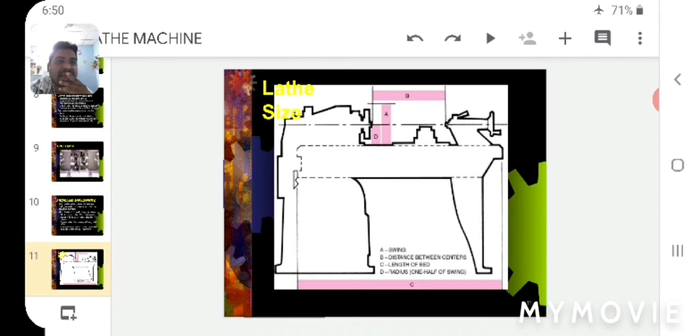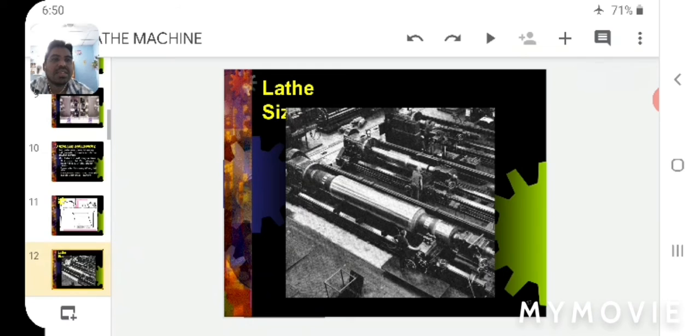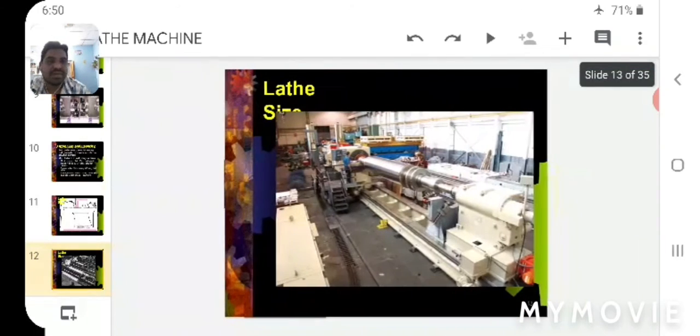After that, C is the length of the bed. D is nothing but half of the swing, right? So this is the lathe size, which is the distance between the tailstock and the headstock.